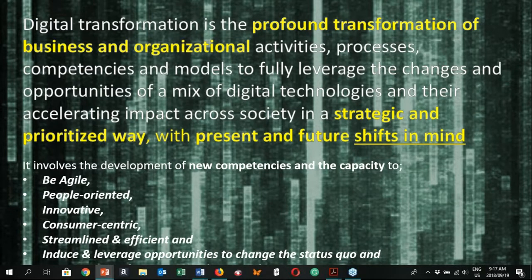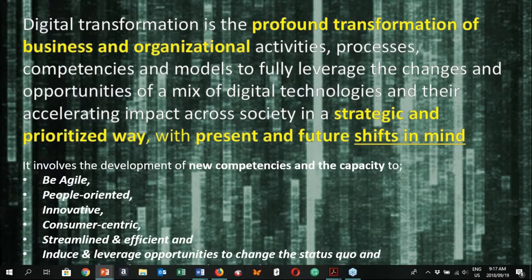And this change that we need to facilitate, or this transformation, is really about understanding how the organization fits into society as it changes, and how the organization then makes best use of the way that they look after consumers in a strategic and prioritized way.